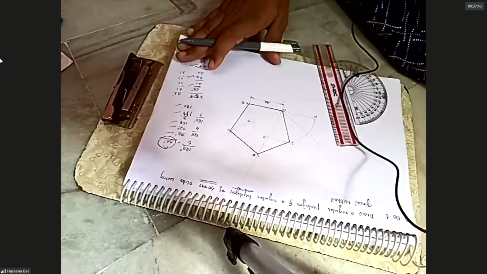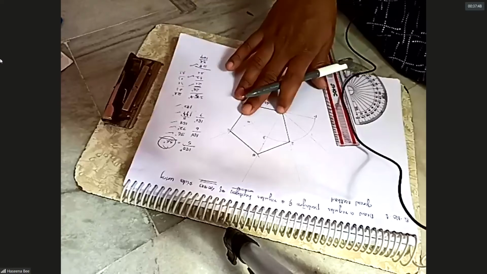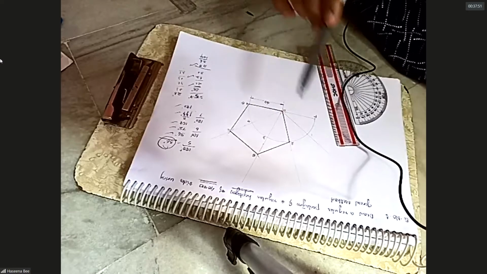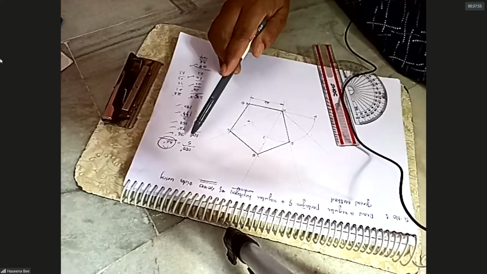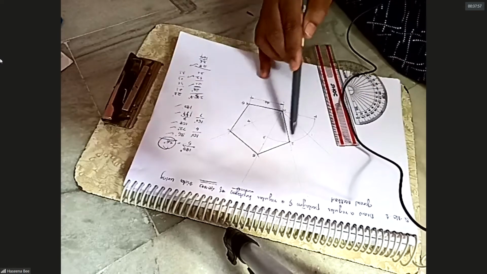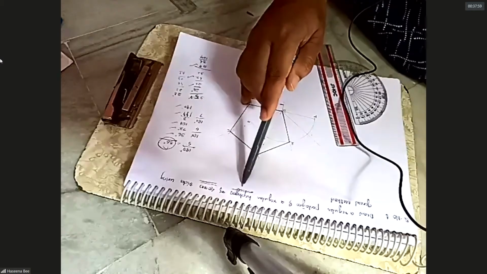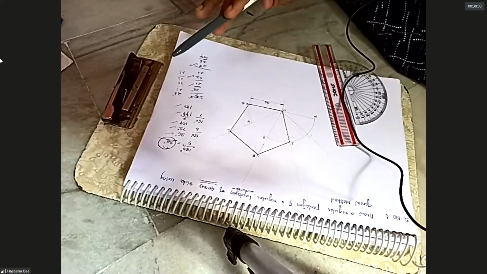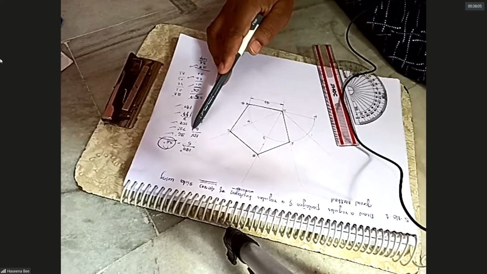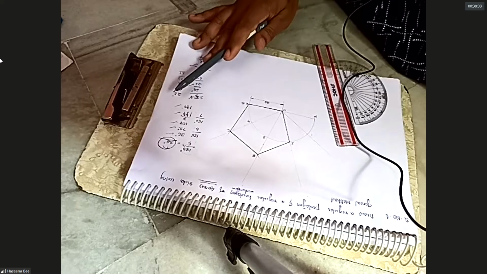This concept is clear for everyone, no? It depends on the polygon, whatever the number of sides may be. If you are taking a pentagon, it will have 5 sides, which means you have to divide the semicircle angle into 5. If you are constructing a heptagon, hepta means 7 sides, then you need to divide 180 by 7. So you have to keep that in mind.